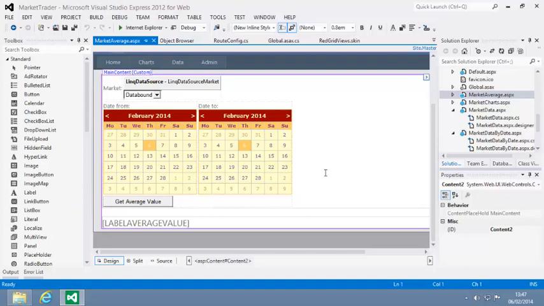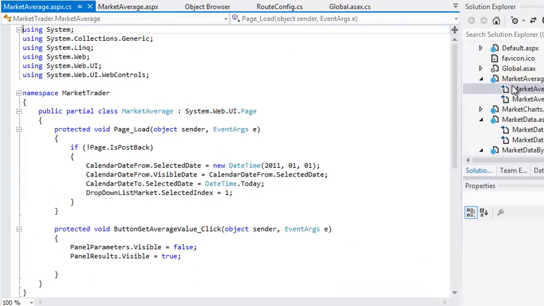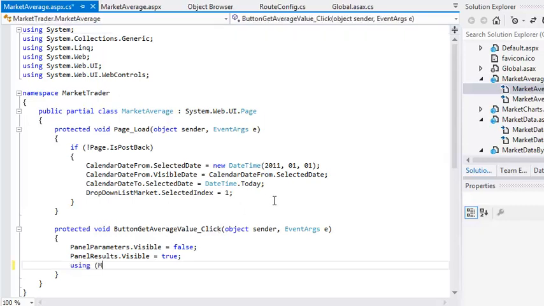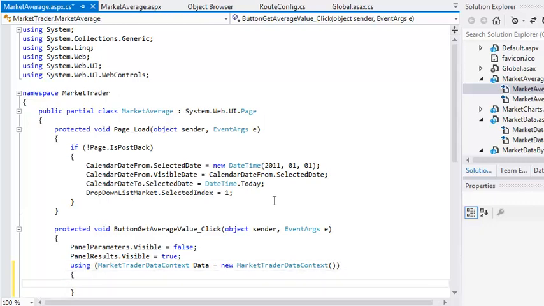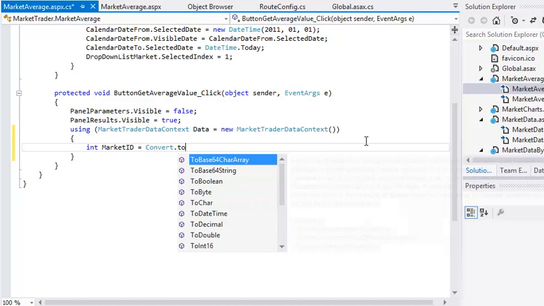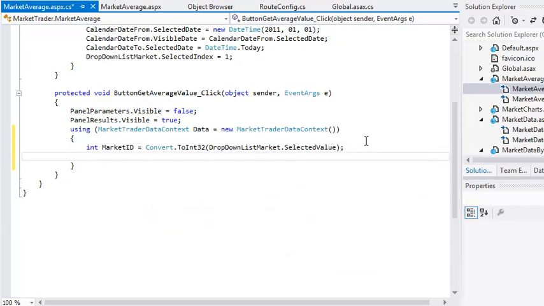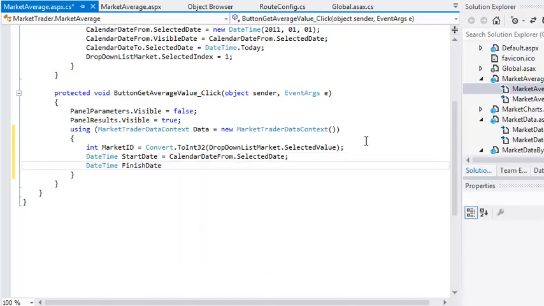Open the code behind file of marketaverage.aspx now, and add the following code to the end of the button Get Average Value click event handler. Using MarketTraderDataContext data = new MarketTraderDataContext(); int marketID = Convert.ToInt32(DropDownListMarket.SelectedValue); DateTime startDate = CalendarDateFrom.SelectedDate; DateTime finishDate = CalendarDateTo.SelectedDate;